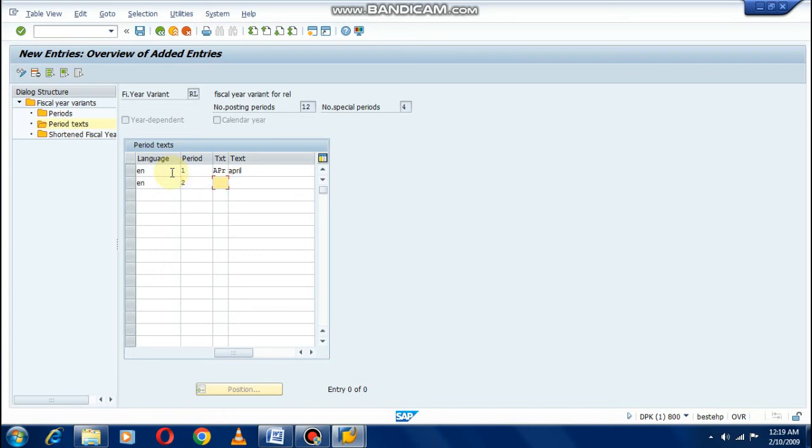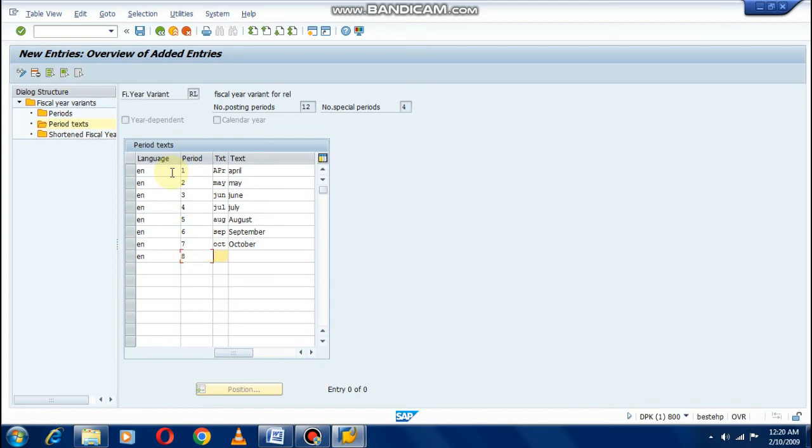Period number 2, May, 3rd June, 4th July, 5th August, 6th September, 7th October. We have defined these things in previous steps, which period is which. In this step we are just giving this text.